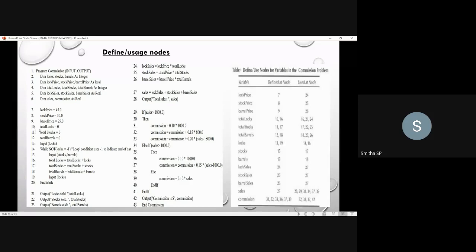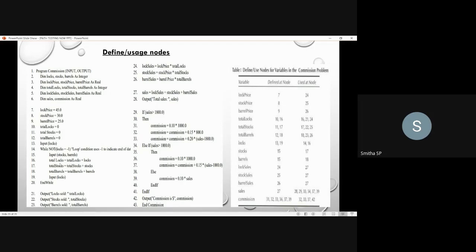Next, go through the program. The next defined variable is the total logs. Now you have defined it at the 10th node. Fine, you write it here. Then again go through this total logs, wherever you have used it. While traversing through this program, you can observe that in the 16th line, once again you have defined the total logs, isn't it? Here you have defined it and initialized it to 0.